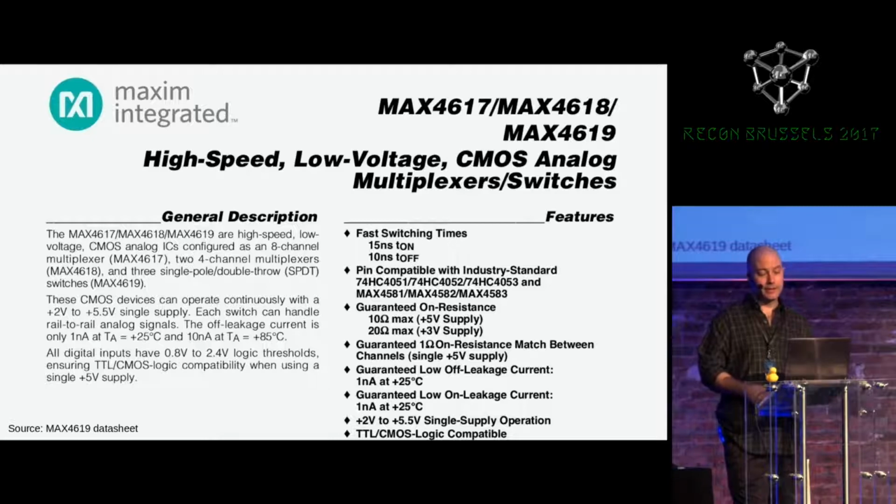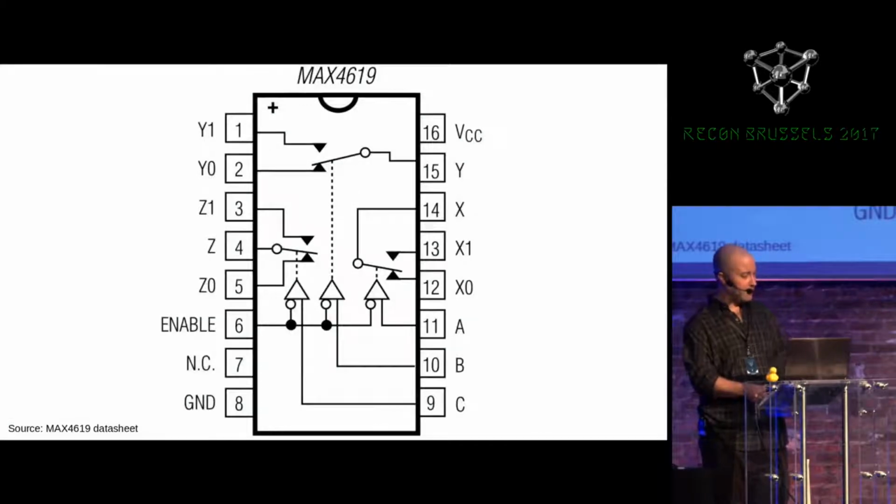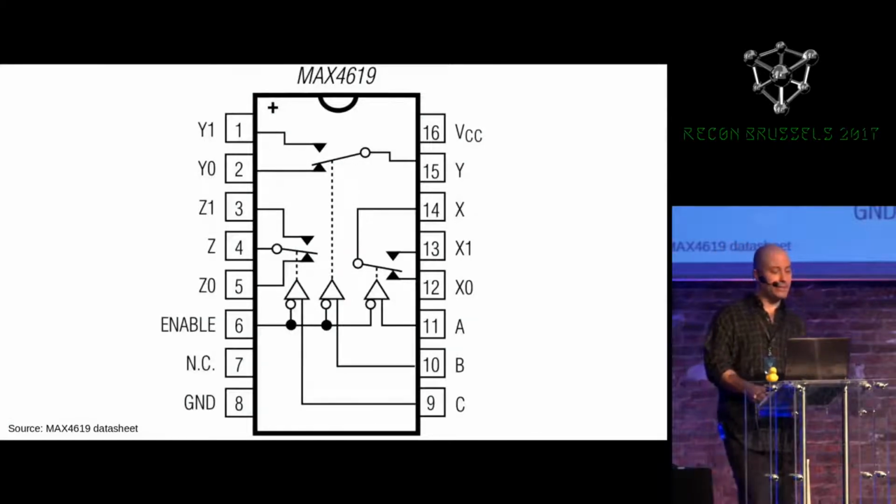So what this means is that we're able to switch between 2 inputs, and that will adjust the output level. And we have switching times that are as low as 10 to 15 nanoseconds. So this means that we can very quickly switch between 2 voltage sources, and this is how we'll actually produce the glitch output. So this is a diagram, again, from the MAX 4619 datasheet, just showing the actual circuit inside